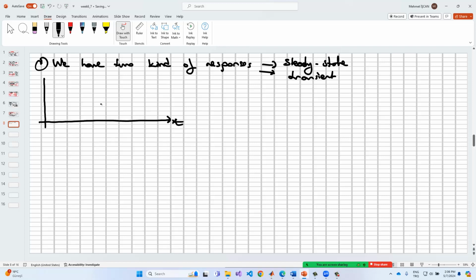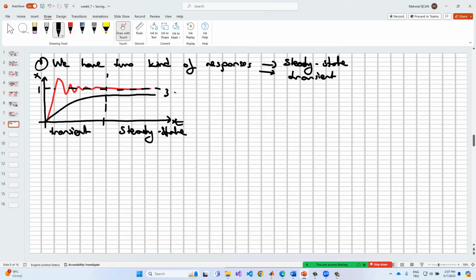In this case, this is the t, this is the x and 1, and we can build the system just like this one, and also we can draw the other response in here. Okay, so for a given unit step we have the transient response just like this one, and the other term is the steady state, right? We may have the steady state error in here, or we can adjust the dynamic response of the system based on these terms. So in the Root Locus techniques,